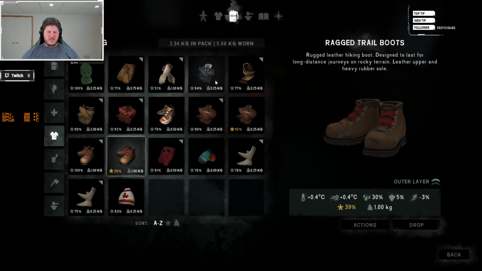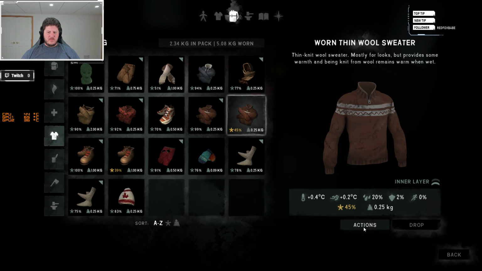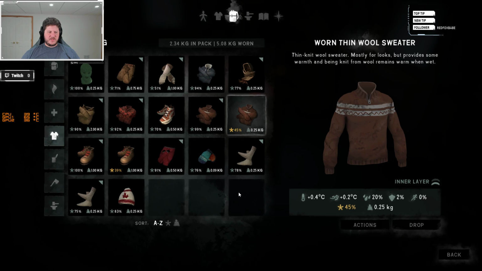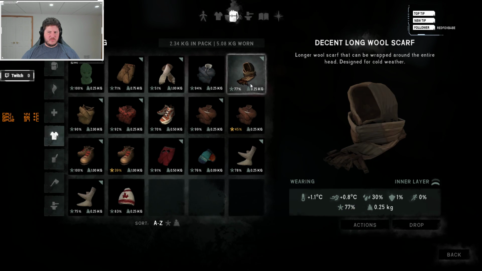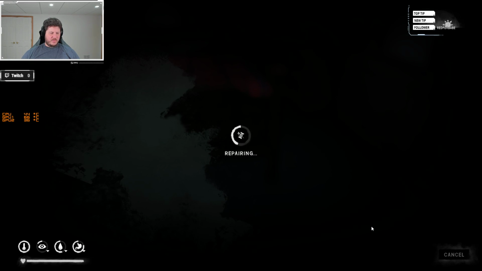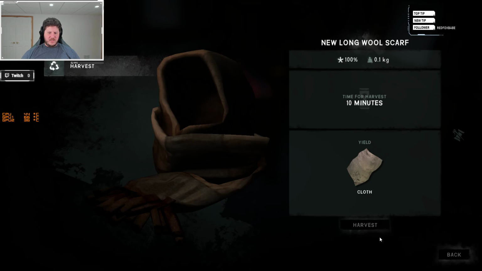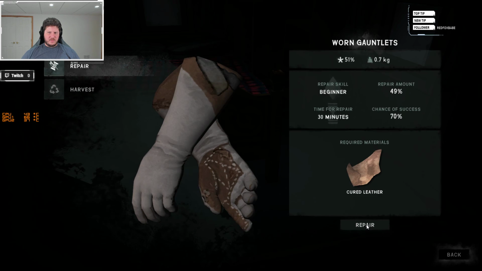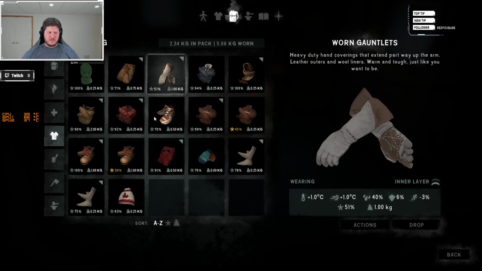Oh, you're going to take a long time, so... Why does everything have to take so long to harvest? Repair. Please, repair. Looks like something is sapping my energy. Yeah, it's called you've been awake for a while, homie. You're tired. Ooh. 30 minutes to repair. Okay. What do I...